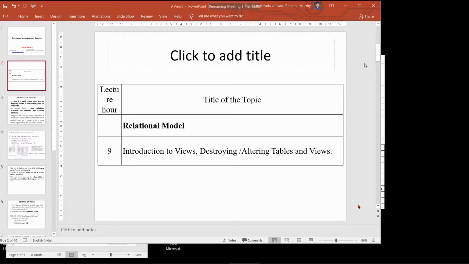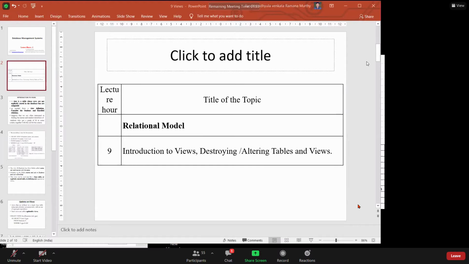Okay. So certain of the operations we discussed today, we need to see all these operations once again as part of the labs. We are having one exclusive lab on the topics we covered today.